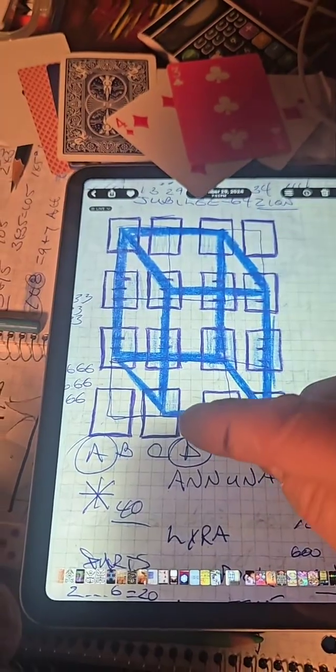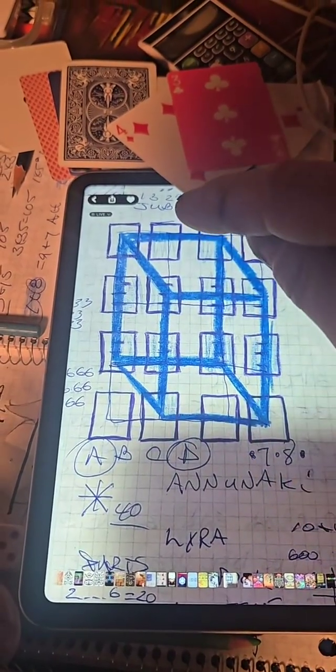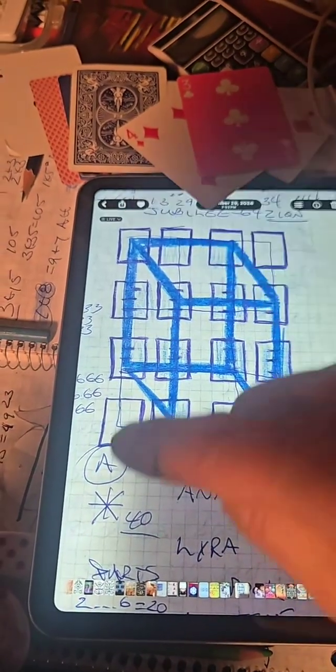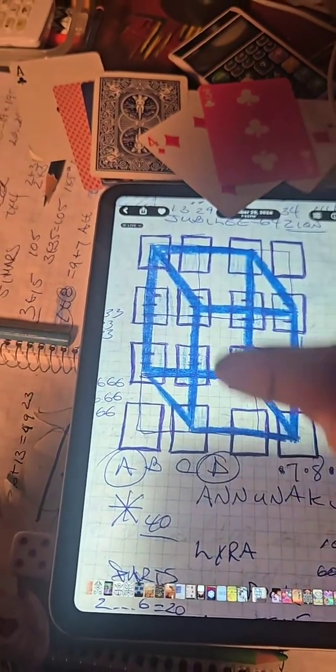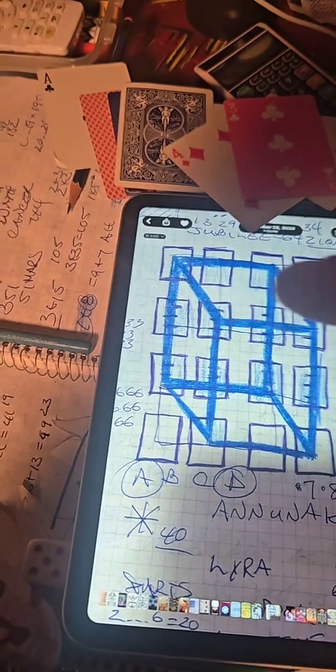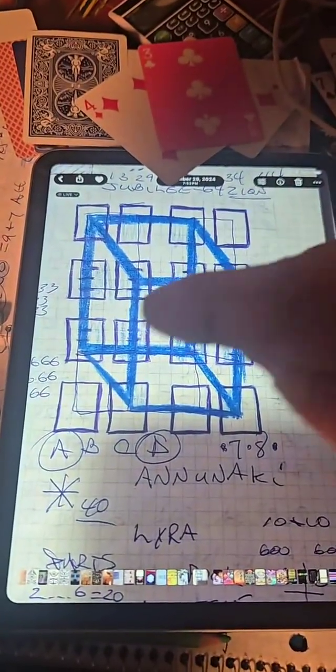Well, if I call this empty space something, the only reason I call this empty space something and not this empty space something is because this is on the door. This is on the door. This is because the door splits between here and here. So there's 88, just like the 88 constellations, which is basically just